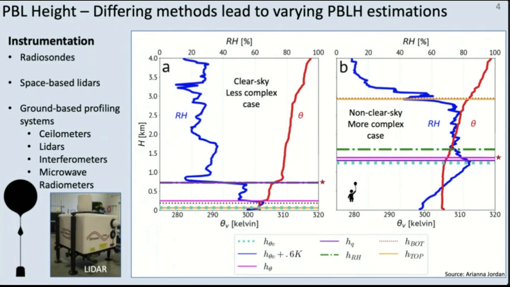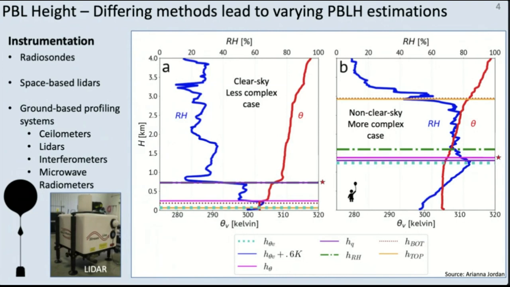These different instruments use a variety of methods for determining the PBL height, whether that be the location of temperature or humidity gradients, or the height of aerosol gradients. An example of some different radiosonde-based PBL height detection methods is shown here in the figure on the right, provided by Ariana. Thank you. The left-hand panel shows a clear sky case, while the right-hand panel is a more complex